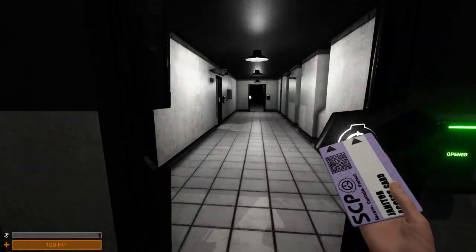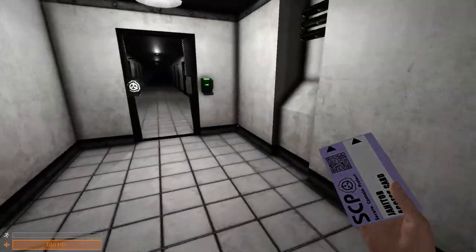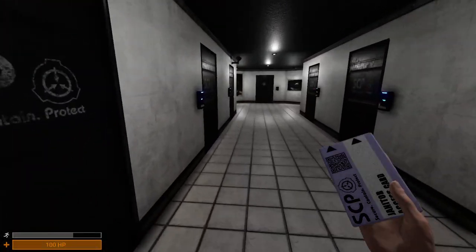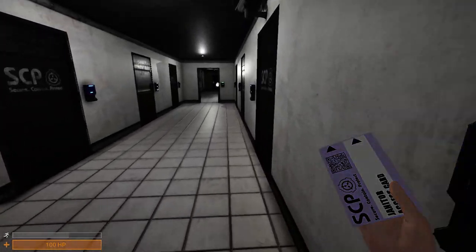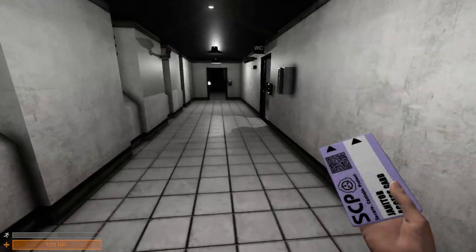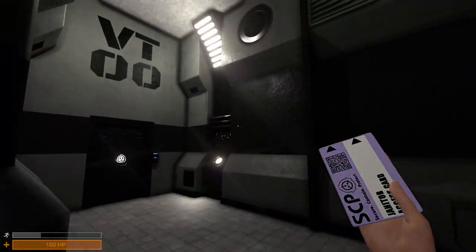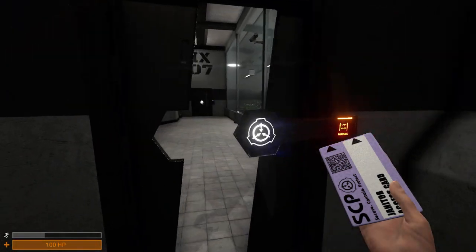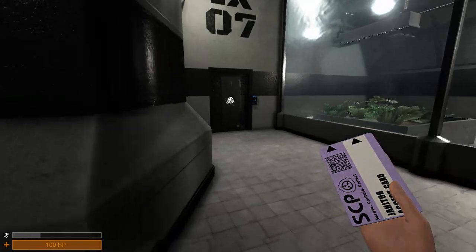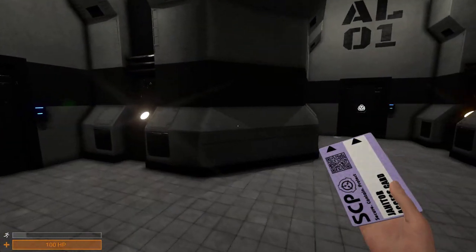But this is more to showcase the new features in the beta of Scopophobia that Patreons have been allowed to play, and as far as I know, it said in the title screen that you're allowed to distribute game footage. So I'm guessing that this is allowed. So